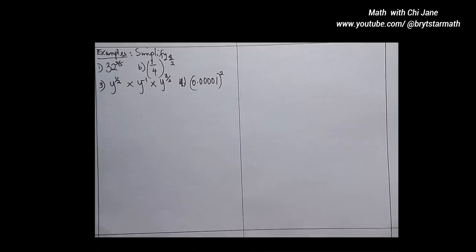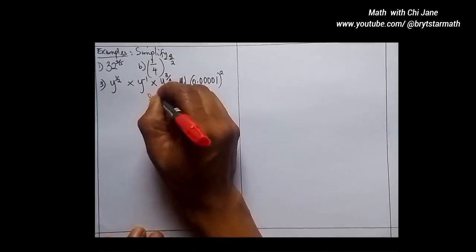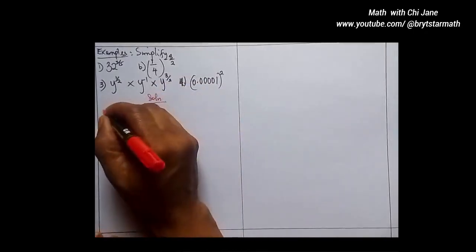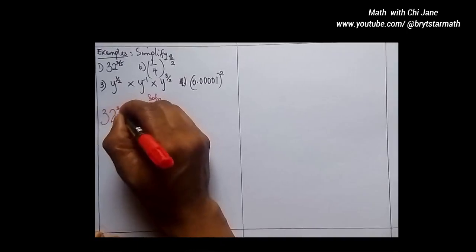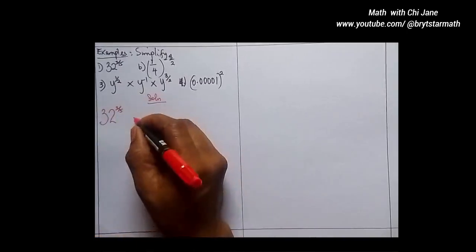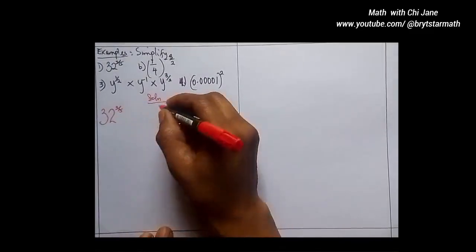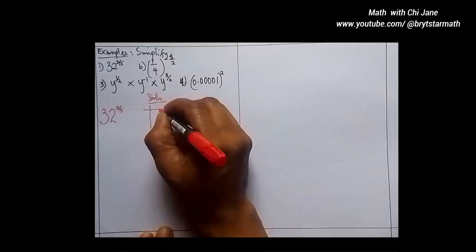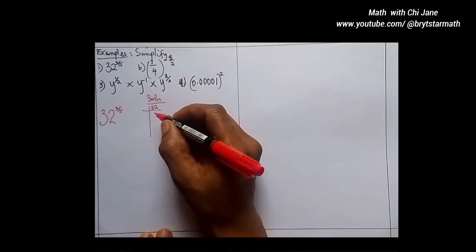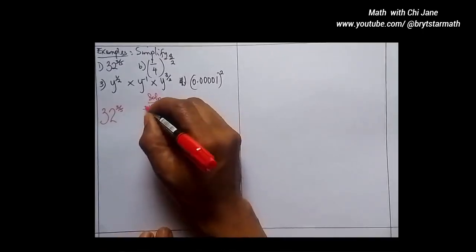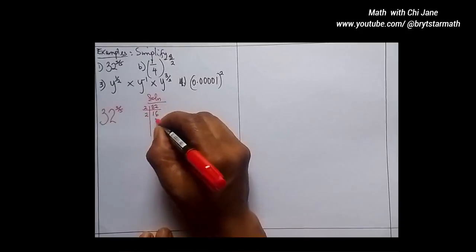Now, to solve this, we'll follow the steps or the laws of indices. For the 32 raised to the power of 3 over 5, we have 2 ways you can do this. You can express 32 as a product of prime factors. The least prime factor that can divide 32 is 2, and when it divides 32 is